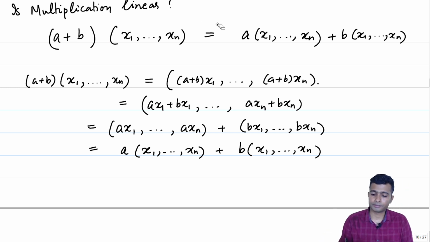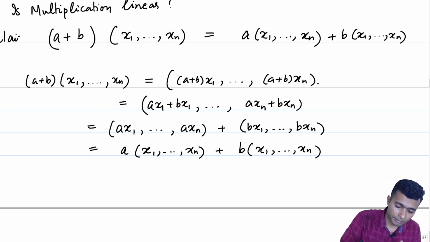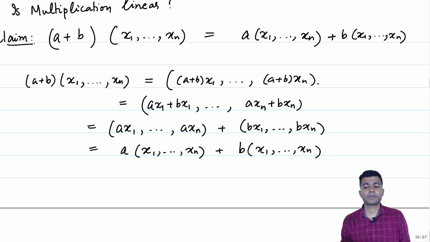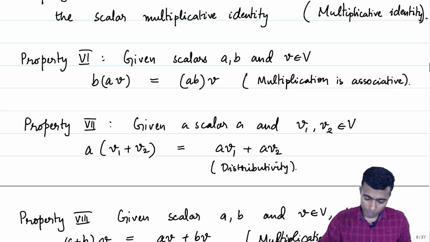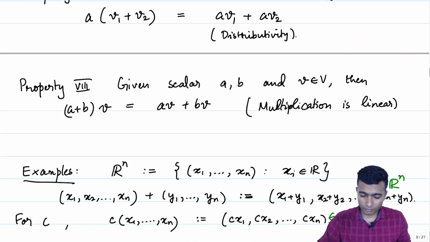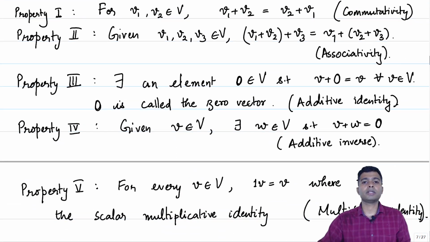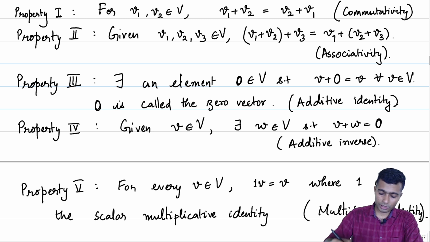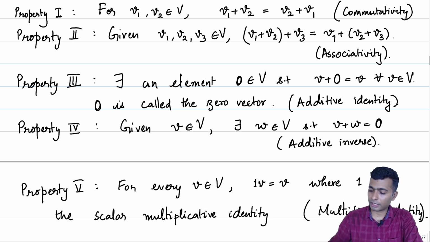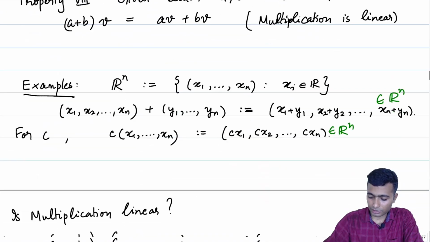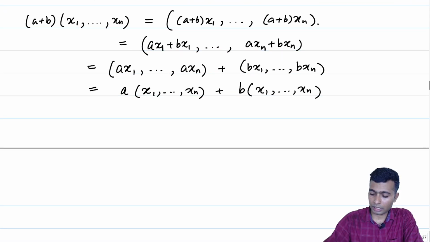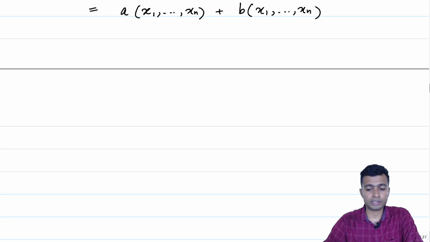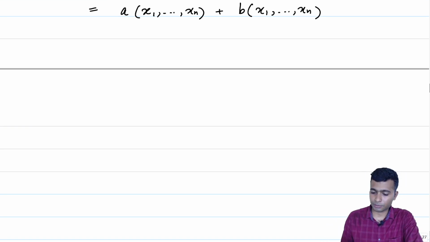Okay, so we have established the claim. We have made a claim and we have given a proof. Now, this is just the property 8 that we have checked. There are 7 other properties, and the proof of each of those other 7 properties getting satisfied is very similar to how we would have done it in say R2 or R3. So, let me leave that as the first exercise for you, and I would strongly suggest that you really sit down and write each of these steps to check that property 1, 2, 3 up to 8 are indeed getting satisfied.